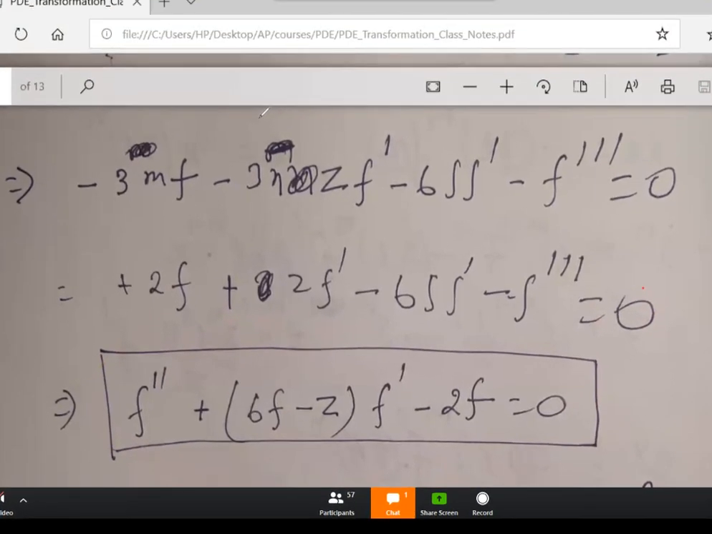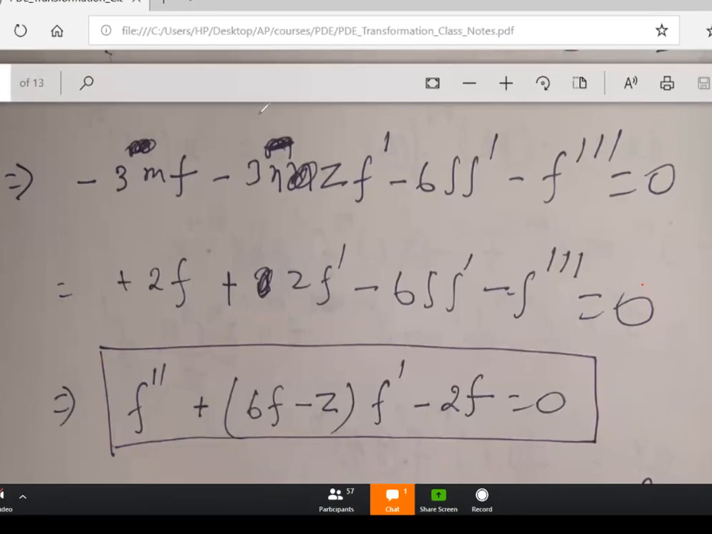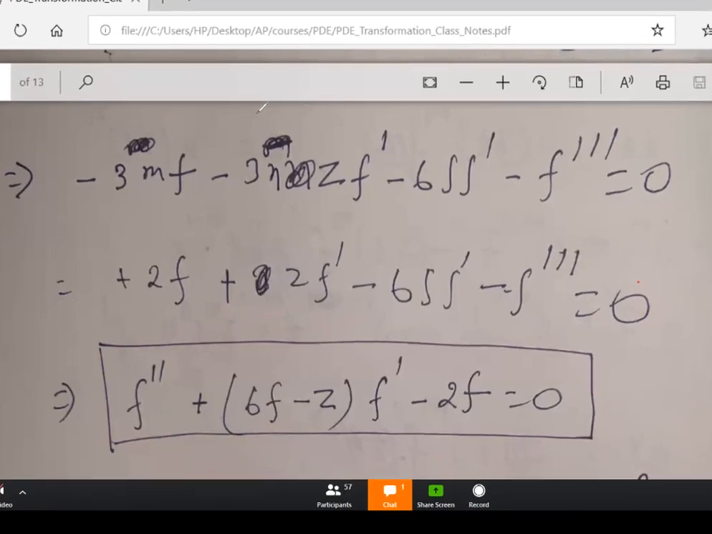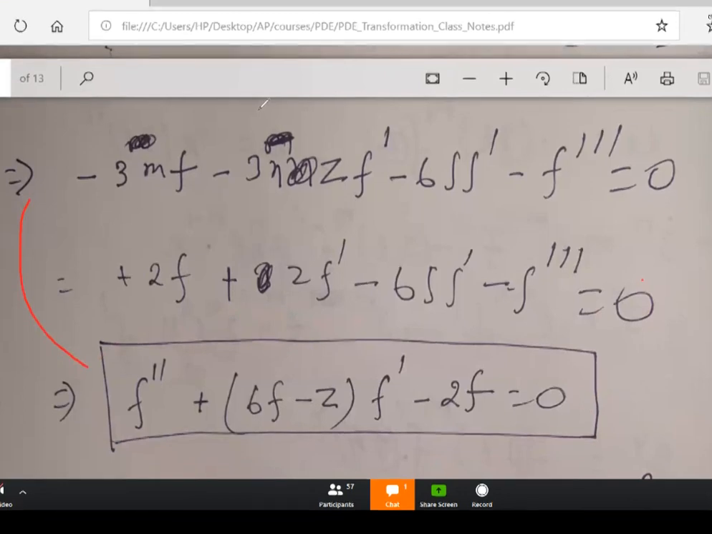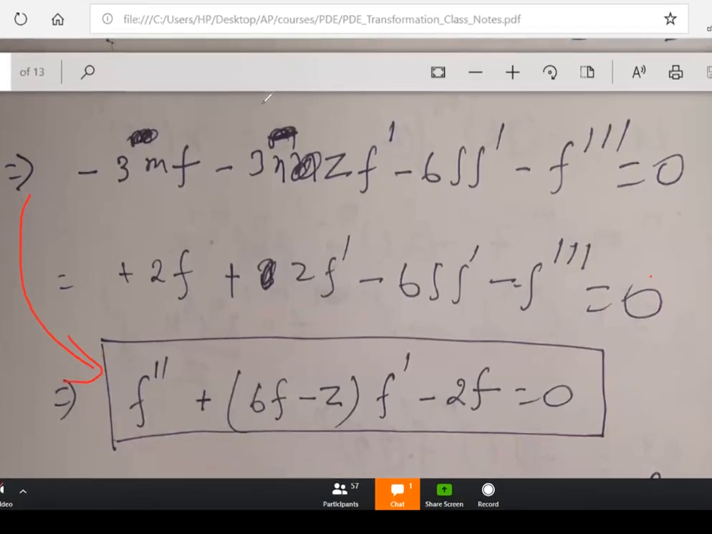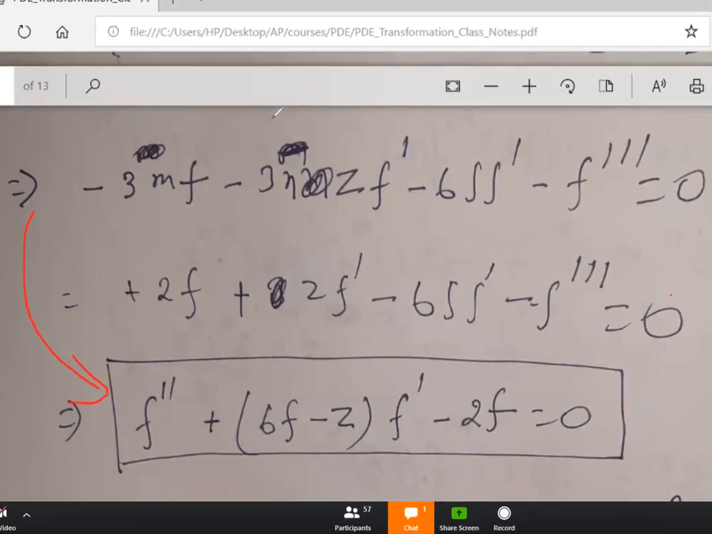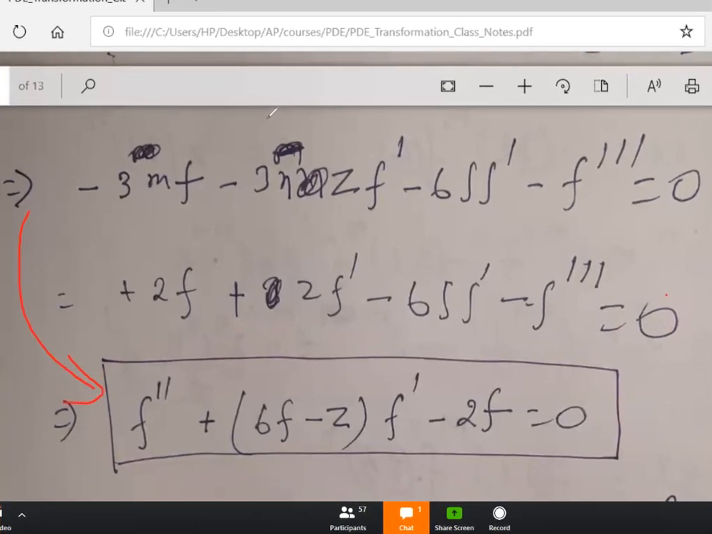So in the exam we may ask you to convert a partial differential equation to an ordinary differential equation by similarity transformation, or we will ask you to find the solution. So suppose getting the solution is difficult, for example,